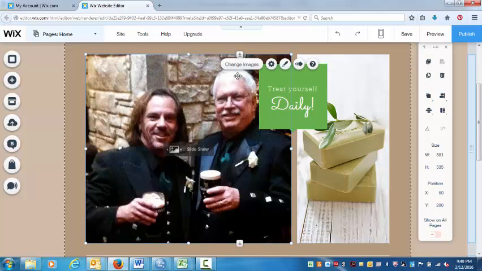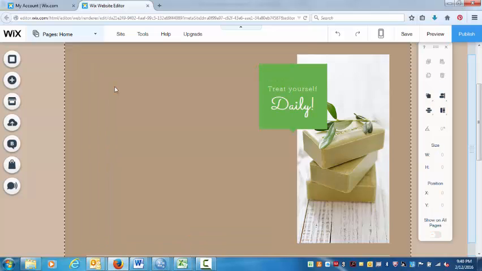Next, if we actually didn't want this picture here, if we wanted to maybe write some text there instead, we simply left click to highlight the picture and hit backspace, and that'll delete the picture. And then if we wanted to add some text, you just go to this add icon on the left hand side,